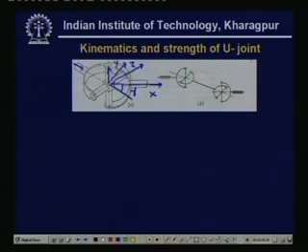Now this line is on the xy plane. So therefore this angle is gamma, and this always makes 90 degrees with this pin. So therefore if you analyze it a little bit carefully, then what you see is that this one,